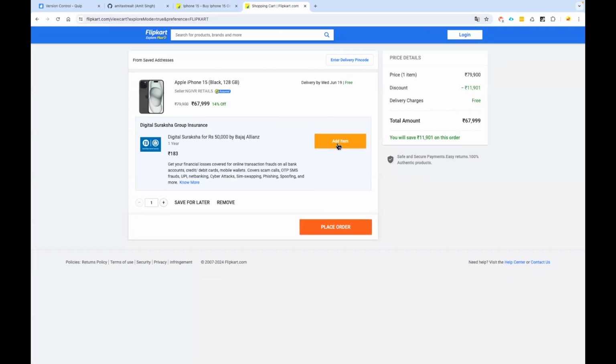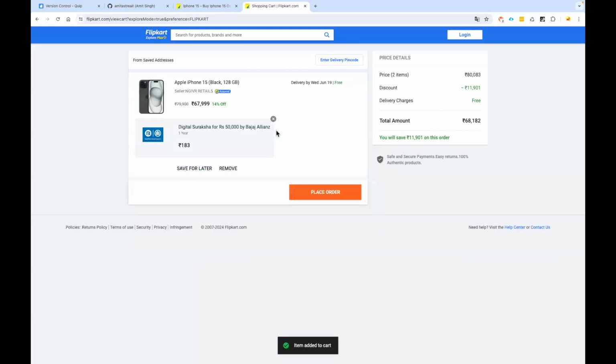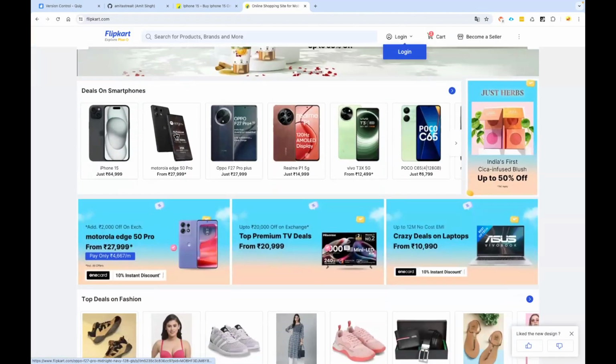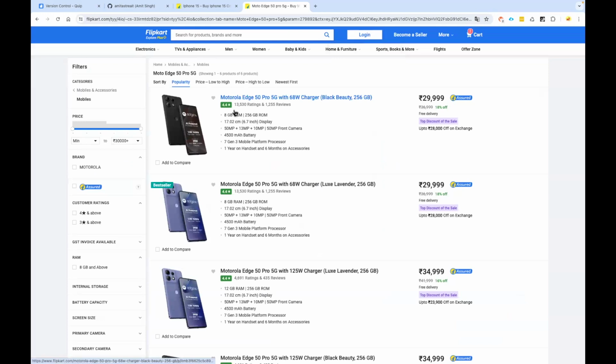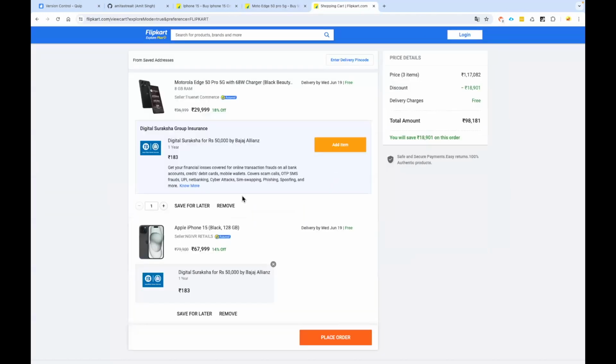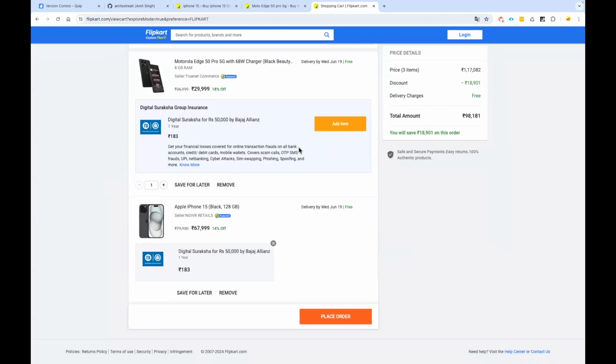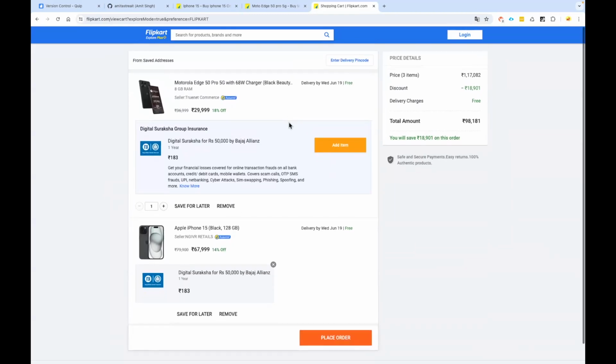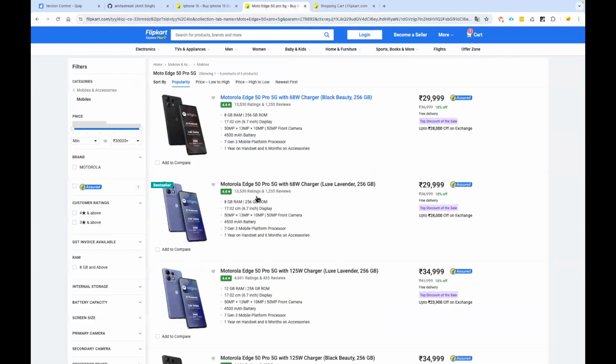If I want to add some digital protection or whatever the product is, I can see those here. You go back to Flipkart, shop for another phone, maybe a Motorola, click on add to cart, and we see that there are two items. So this is the functionality that we are working on. We could be a backend developer, so that whenever a